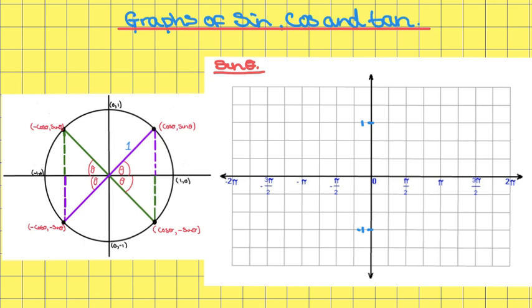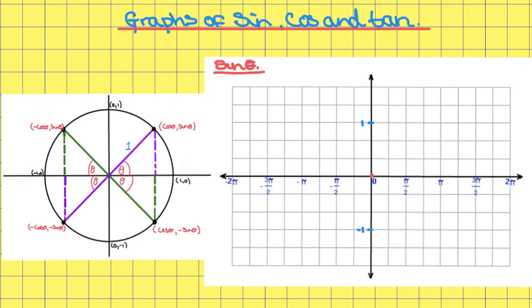In this video, we're going to draw the graphs of sine theta, cos theta, and tan theta, and we're going to use our knowledge of the unit circle to help us. So I've got a copy of the unit circle on the left-hand side, and we'll use that. The first one we're going to do is sine theta. If you use the unit circle at 0 degrees, sine theta is 0, so we will start here,